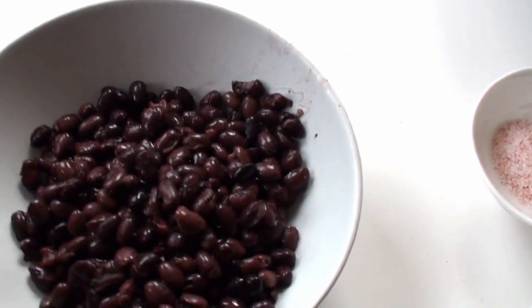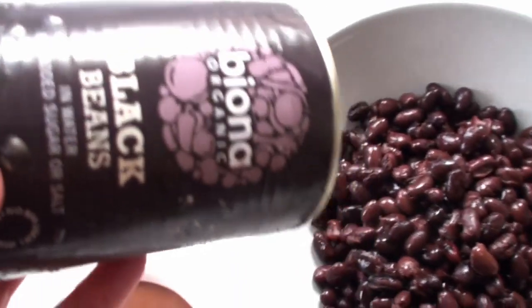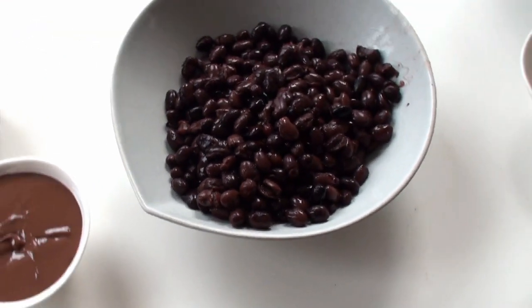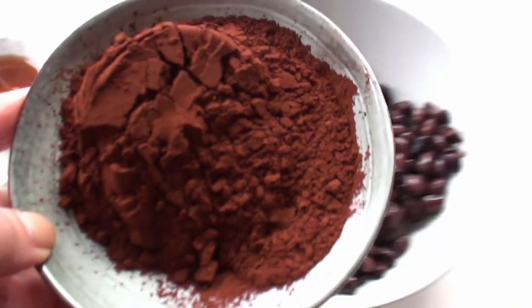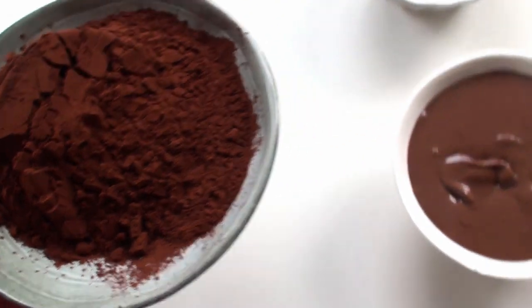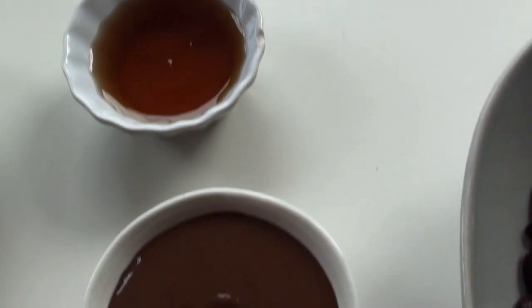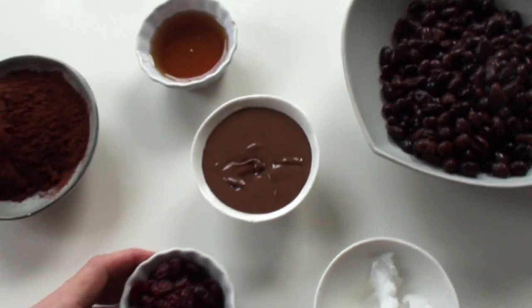So first of all, the black beans. This is about a cup, a little bit more than a cup. And I use these quinoa black beans. There's no added sugar or salt in these, but I've used ones that have a little bit of sugar and salt as well, and that's fine. Then the other big ingredient is cacao powder, half a cup of ordinary cacao powder. Any supermarket branded one is fine. And then 3 tablespoons of maple syrup, 3 tablespoons of cranberries,